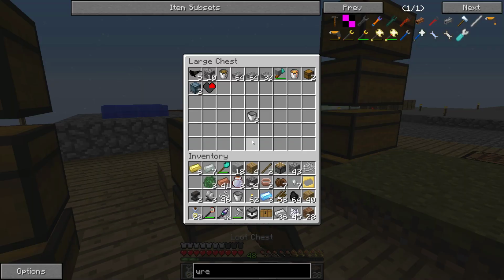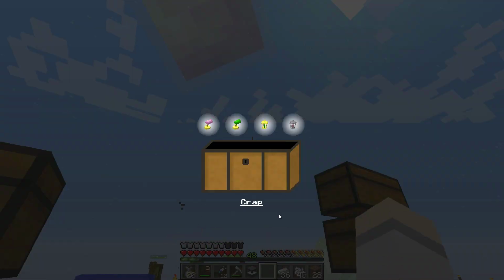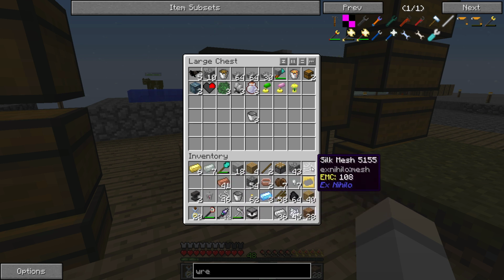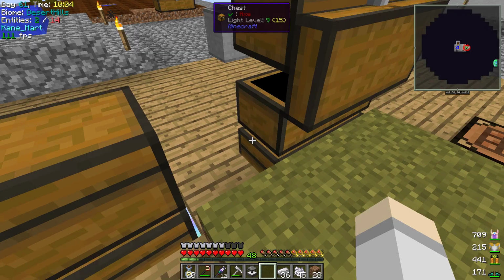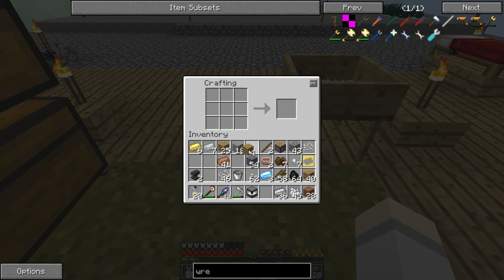So what did we get? Cloud crap. This stuff is useless. A bunch of lamps. Pretty damn useless again. See my inventory, why don't you? And here we go. Let's do that quickly then. We need to make a gold upgrade and a normal chest here. So yeah, let's do this quickly. I know we're running overtime here a bit, but